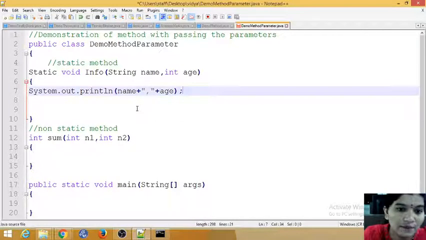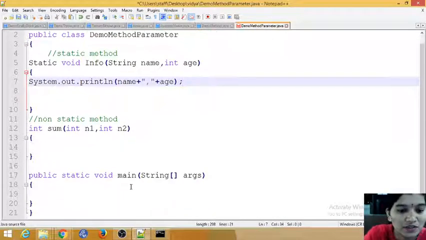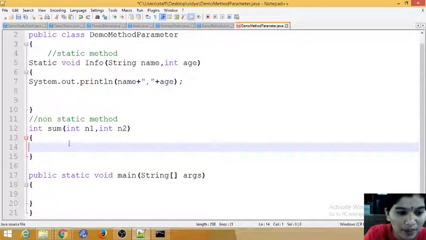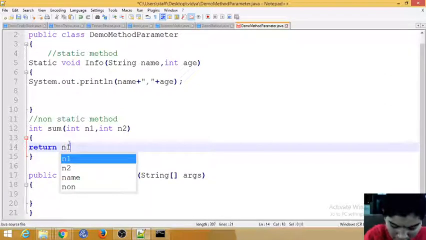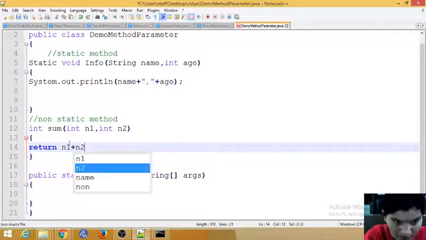I am just printing the name and age which are passed from the main method. Here in the sum method I just return n1 plus n2.